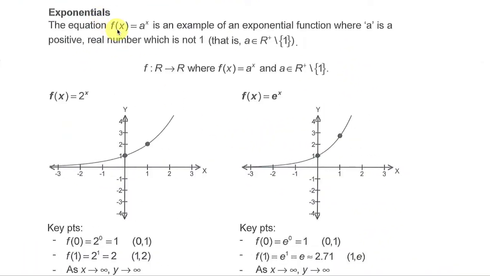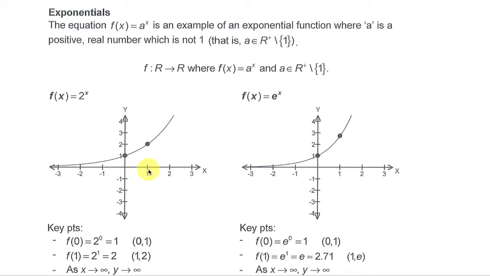Exponentials. f(x) equals some base to the power of x. Look at this specific example, f(x) equaling base 2 to the power of x. If x is equal to 0, I'm going to have 2 to the power of 0, which will be 1. Anything raised to the power of 0 will be 1. So for all of these exponentials, you'll see them coming through the point (0, 1), because if you take a base and you raise it to the power of 0, the result will always be